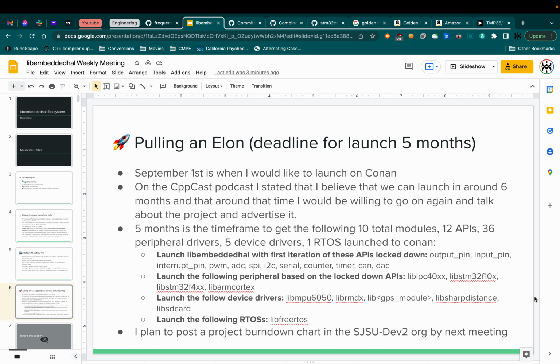I think here's the reason why. Most of the drivers for STM F10X basically port over to STM F4XX, kind of like how almost all of the LPC40 drivers match with the LPC17 or vice versa. So that's one of the reasons why, if we just get one of them done, all you have to do is take the same exact code, but point the registers to different locations in order to make STM F4 work. That's something I need to do for the CAN library, which I just completed. Yes, the CAN library, I actually looked into it, is pretty much identical. So all we have to do is change the location and it works for F4XX.